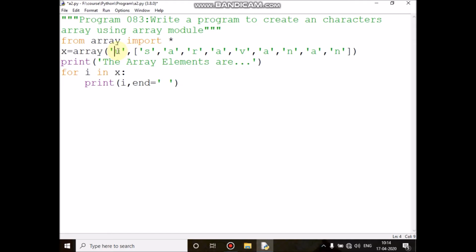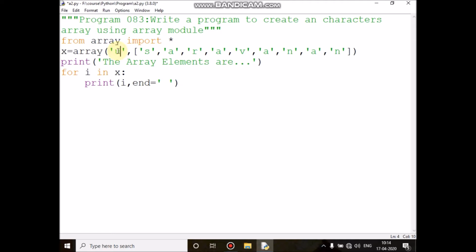Both occupy 2 bytes in the memory. And small i signed integer, capital I unsigned integer. Both occupy 2 bytes in the memory. Next one is small l signed integer, capital L unsigned integer. Both occupy 4 bytes in the memory.